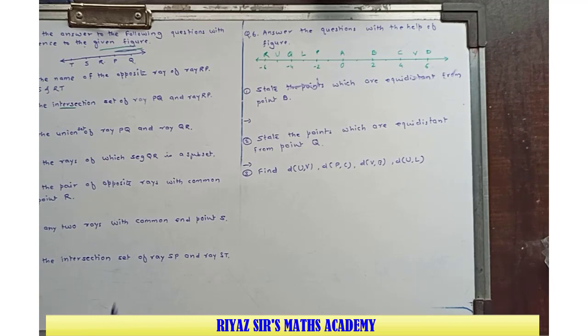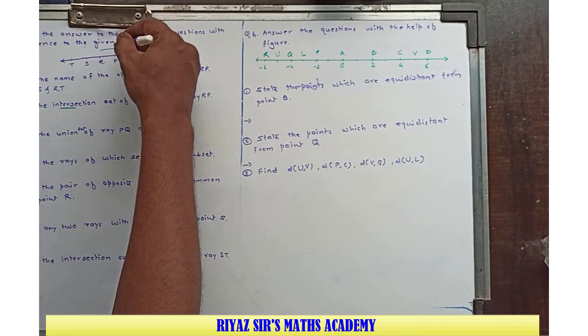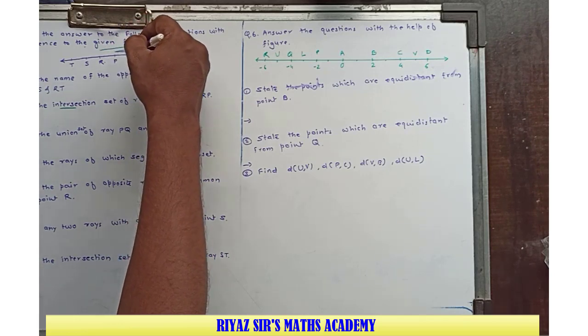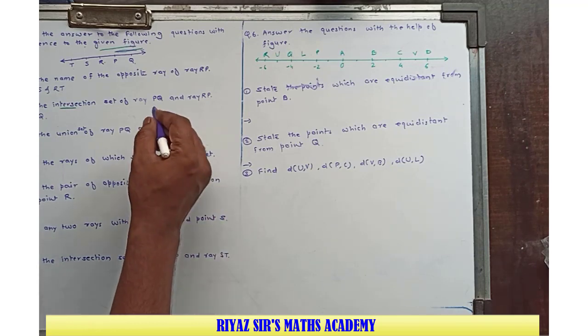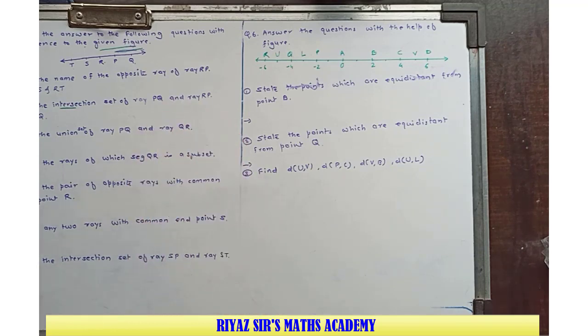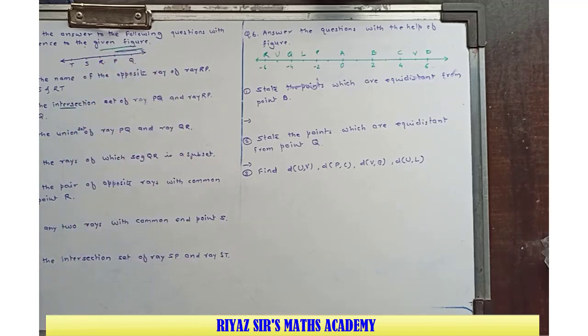Which are common between both the sets. So in ray RP and ray PQ, which part is common? In ray RP and ray PQ, this ray PQ is the common one, and therefore their intersection is a ray PQ. इंटरसेक्शन की डेफिनेशन हमने सेट में देखे थे, इंटरसेक्शन ऑफ टू सेट्स किसको बोलते हैं? जिसमें कॉमन एलिमेंट्स रहते हैं। तो अब ये रे पी क्यू और रे आर पी, ये दोनों के अंदर का कॉमन एलिमेंट देखना है। सो द कॉमन एलिमेंट बिटवीन बोथ द रेज इज रे पी क्यू।